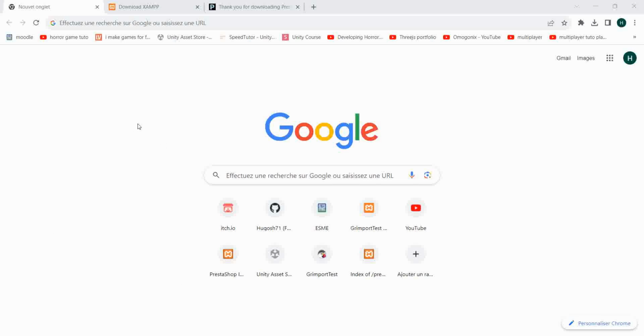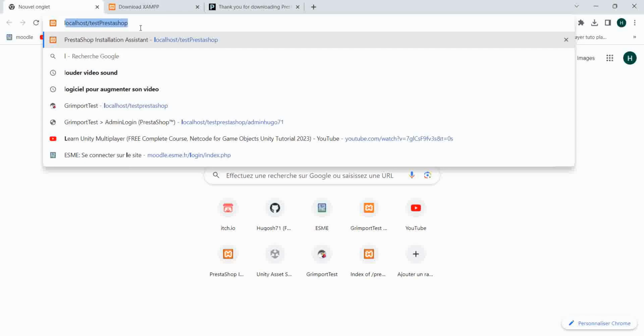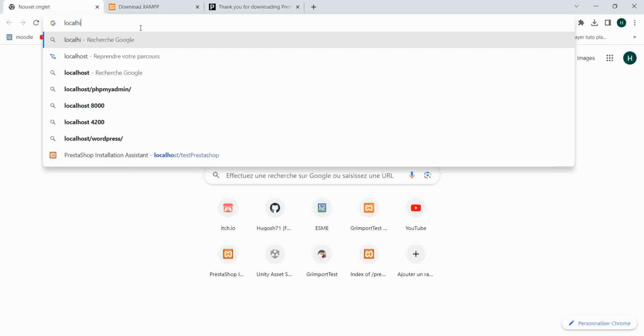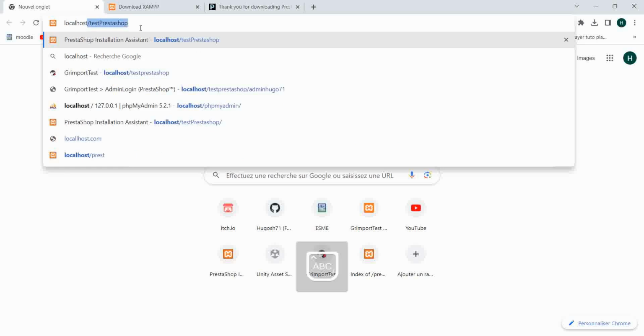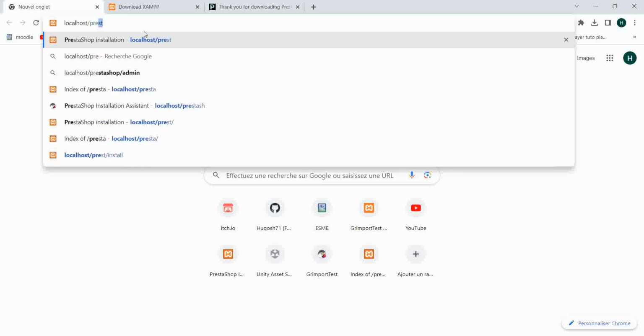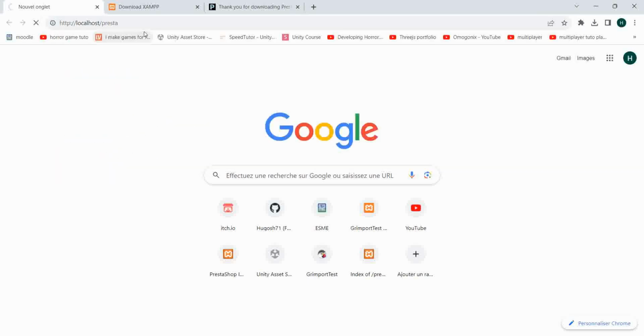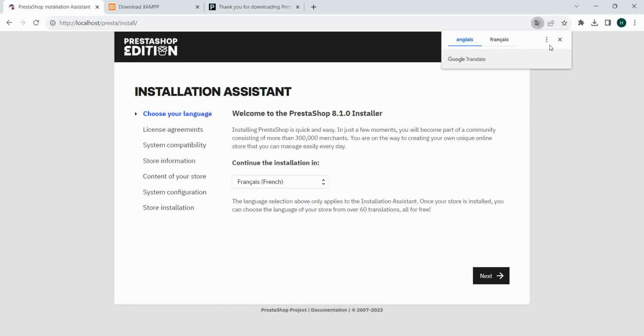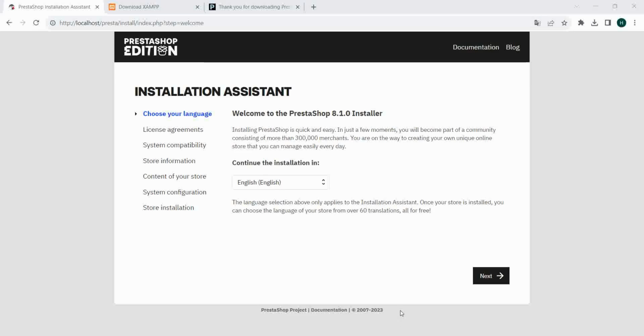Open your web browser, then go to localhost. Then put the name of your folder in which you have extracted every file of Prestashop. Mine is called Presta. And then it will redirect you to the Prestashop installation page. Then you just have to follow the instructions of the installation,